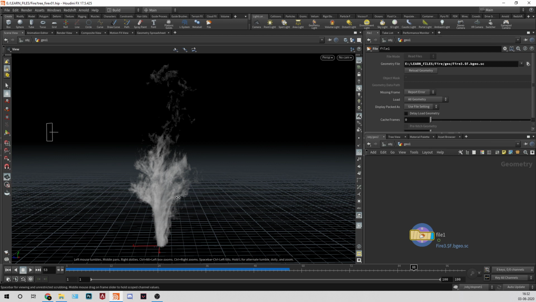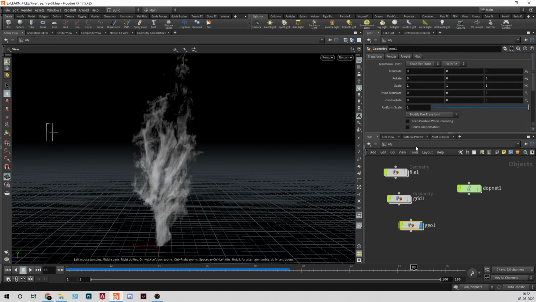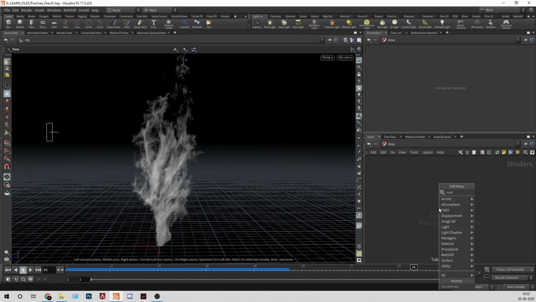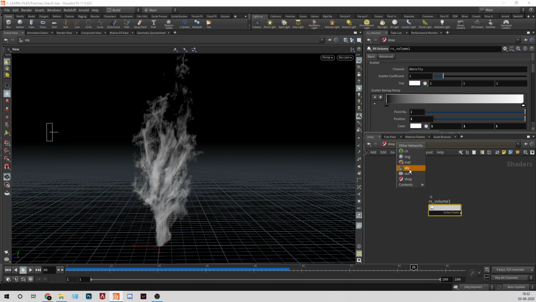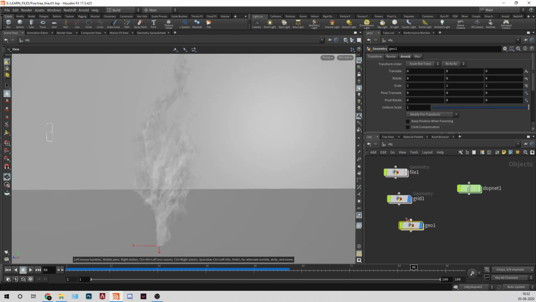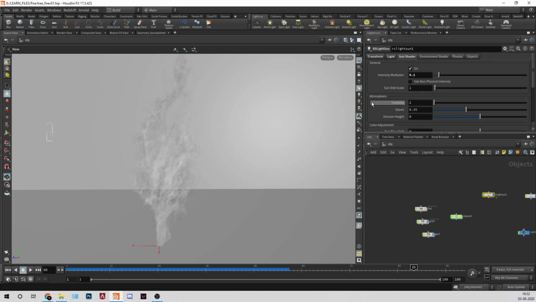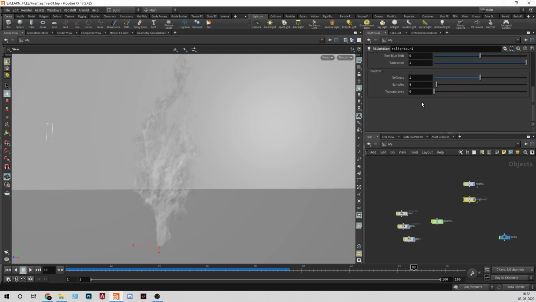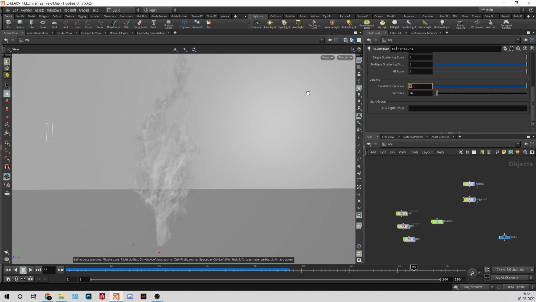So I'll show you how you can set up the renderer for this, and I'm using Redshift. We have this RS volume. I'll delete these both and create a new one. I'll go to OBJ, and first of all I need this grid back. We have lights: an RS sunlight pointing in this direction, and a normal light. I changed nothing in the sunlight intensity multiplier, 0.1, and this contribution is one, which I will make 0.4.